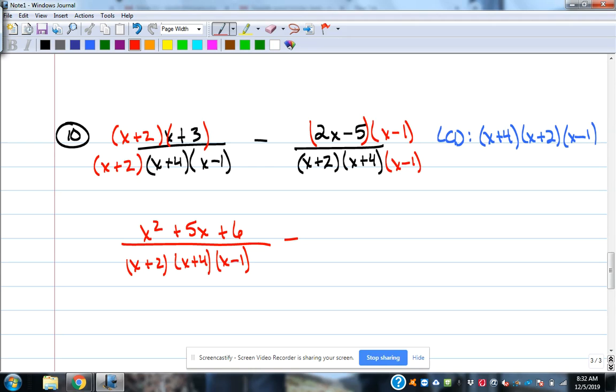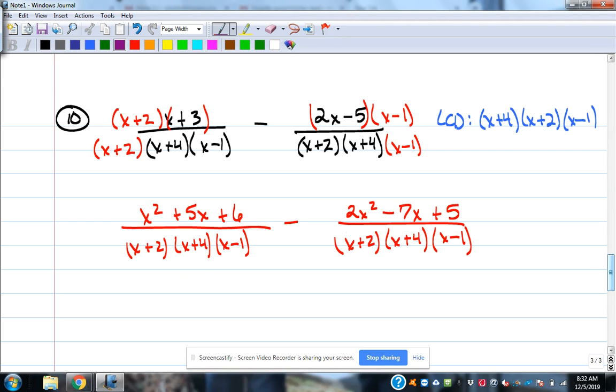The second fraction, we're multiplying 2x minus 5 times x minus 1. So that's going to be 2x squared minus 2x minus 5x, minus 7x plus 5, over, I'm just going to copy the other, x plus 4. Once we get the denominators the same and the numerators multiplied out, we can do the operation, subtraction, of